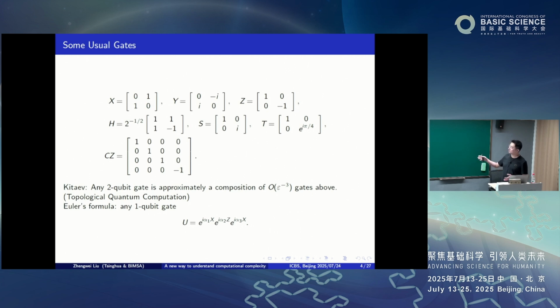Then you can essentially have a good SU2 and SU4 gate, like 2-qubit gates. And then you can use that to generate like 3-qubit gates and more. So essentially, those are the usually considered generating sets of gates. And that has good experimental implementation.